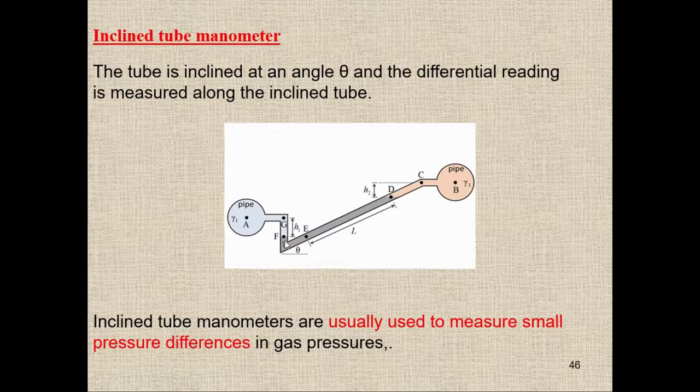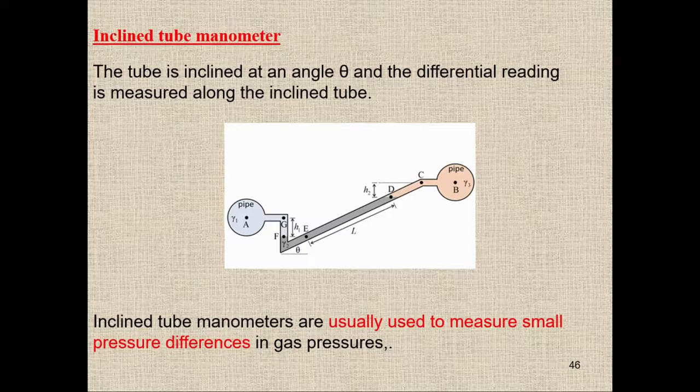Again, the concept is the same. We have to use the vertical height rather than this inclined length. In this case, the length is given, and theta is given. We can easily calculate the vertical height here. So remember, we have to use the vertical height in the formula P is equal to rho gh. In P is equal to rho gh, we have the vertical height and there is no inclined length.